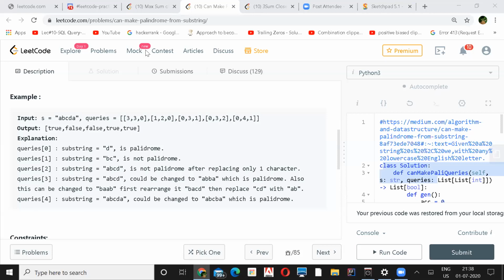So I was just thinking, do we really need to check if it is a palindrome? I'm still thinking about it. What if we have a 2D matrix and pre-process the number of unique characters in a range? Like let's say if you have A, B, C, D, A, the first example, what if we try to pre-process the number of unique characters?